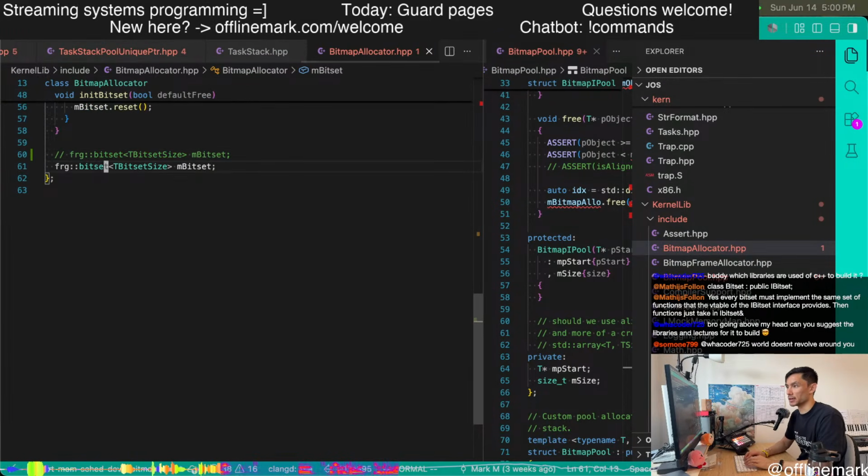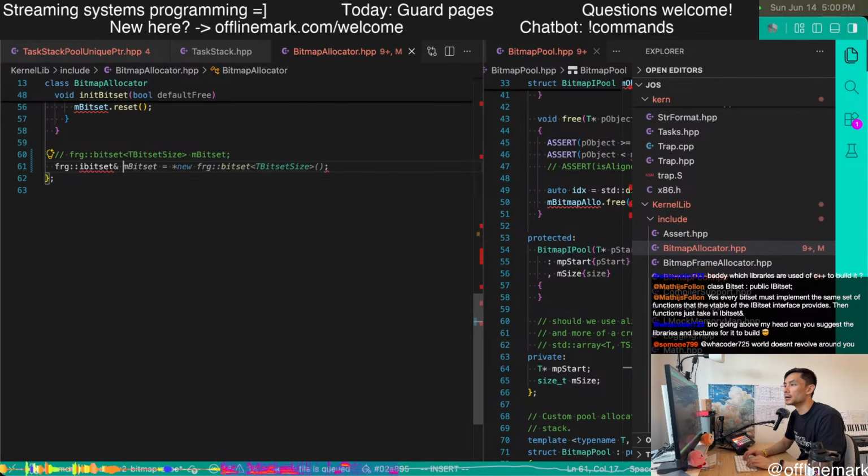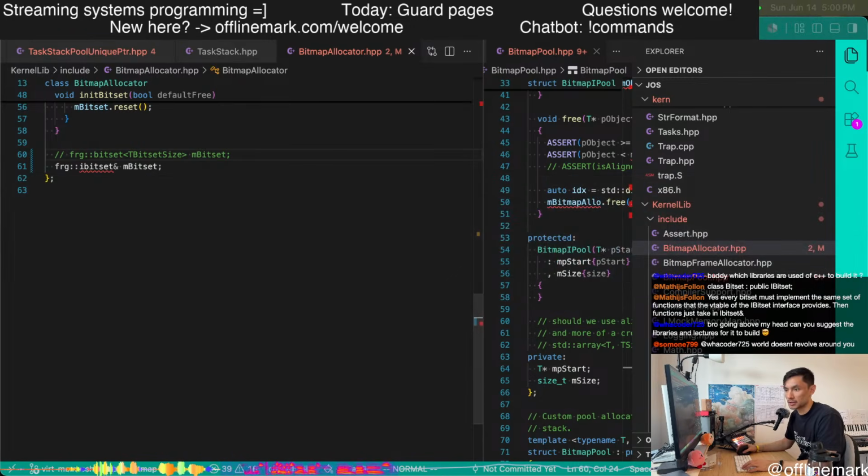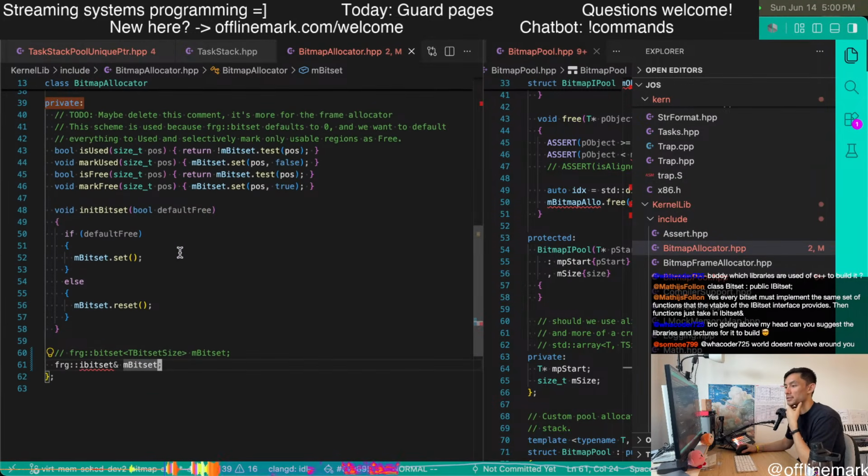It's going to do something like this. This doesn't exist yet, but that means the bitmap allocator is more of a wrapper rather than a thing that has a bit set.